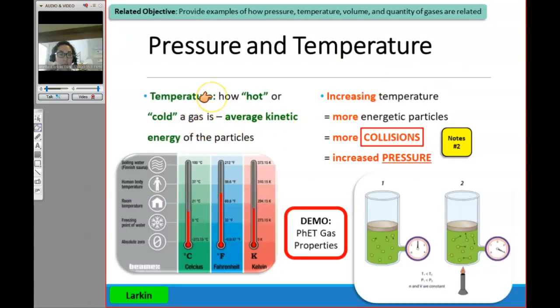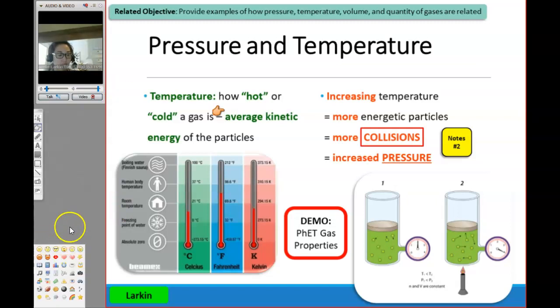Awesome. Now, temperature, on the other hand, we talked a little bit about already. Temperature is how hot or cold something is, right? We took a look at some different scales. We use Celsius pretty often in class. Fahrenheit is what we use in our country. And we also learned about the Kelvin scale, where 0 is absolute 0, which is as cold as things theoretically could ever get with no motion. But the scientific definition of temperature is the average kinetic energy of the particles, because remember, heat is energy. So the average motional energy of the particles, that's going to be your overall temperature.